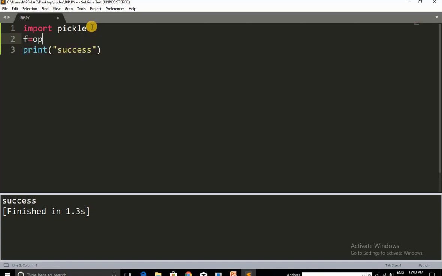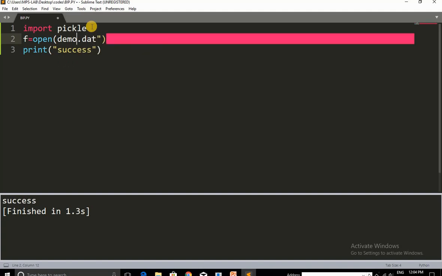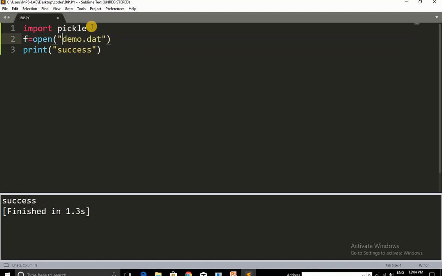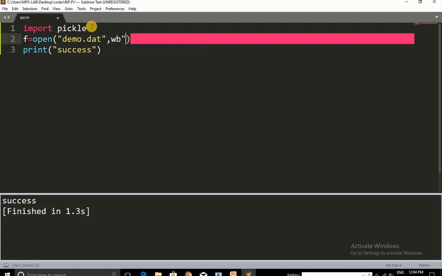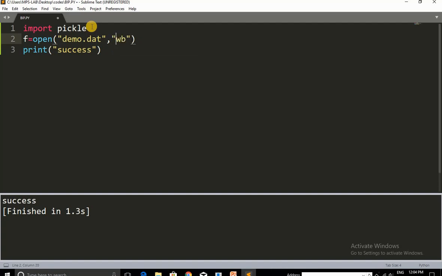Now we will open a file. Let's say f equals open, and we are opening a file, let's say demo.dat, because in a binary file the format is DAT. Then we have written wb over here because first of all we have to create a file and then we are going to work on that.